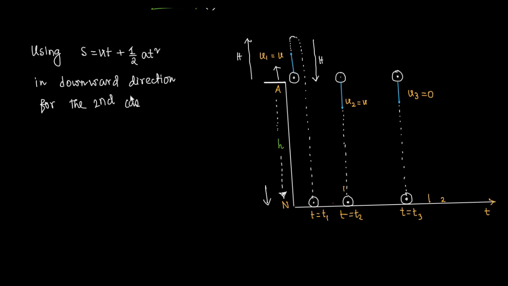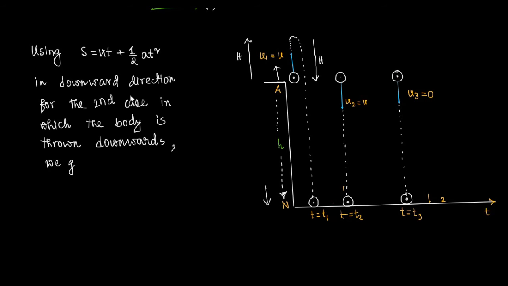For the second case, in which the body is dropped with the same speed u2 equal u, using S equal ut plus half at square in downward direction for the second case in which the body is